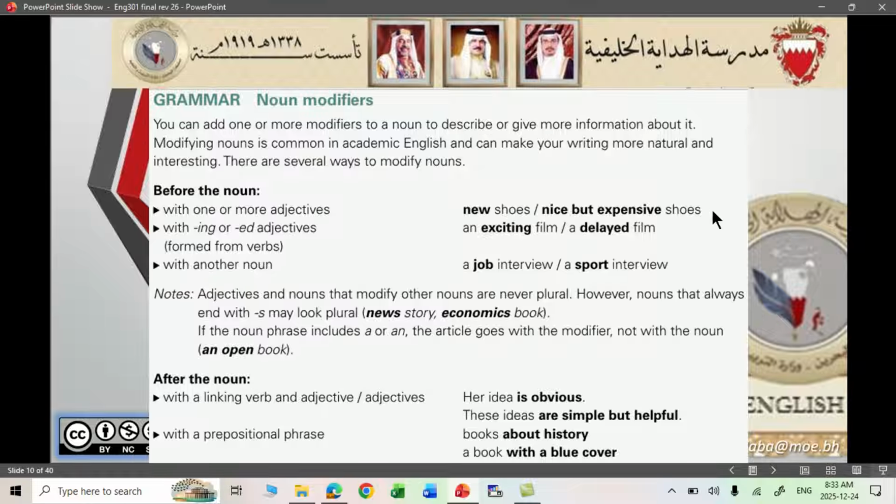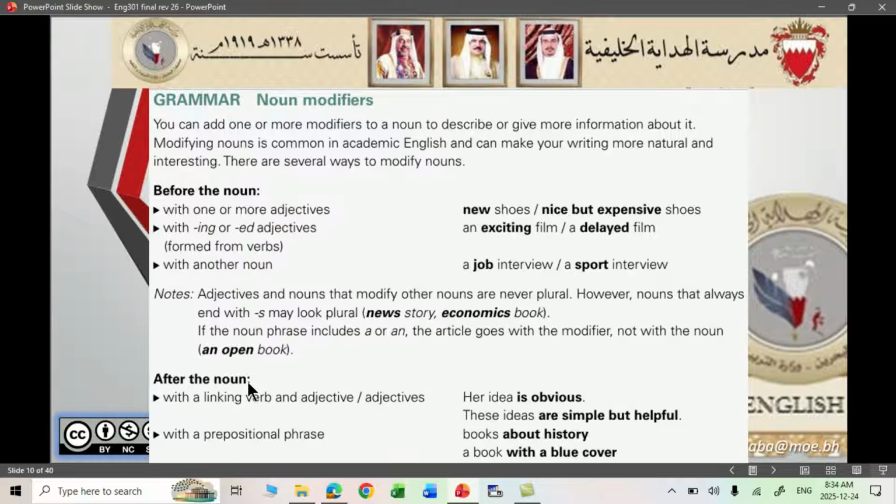Nice but expensive shoes, for example. It could be with ing or ed adjectives, which we refer to as participles. Okay, as an exciting film or a delayed film. So the film is exciting or the film has delayed. Well, we can use also another noun like a job interview or a sport interview. You get that? So this is how we can use the modifiers before a noun, but also we can use